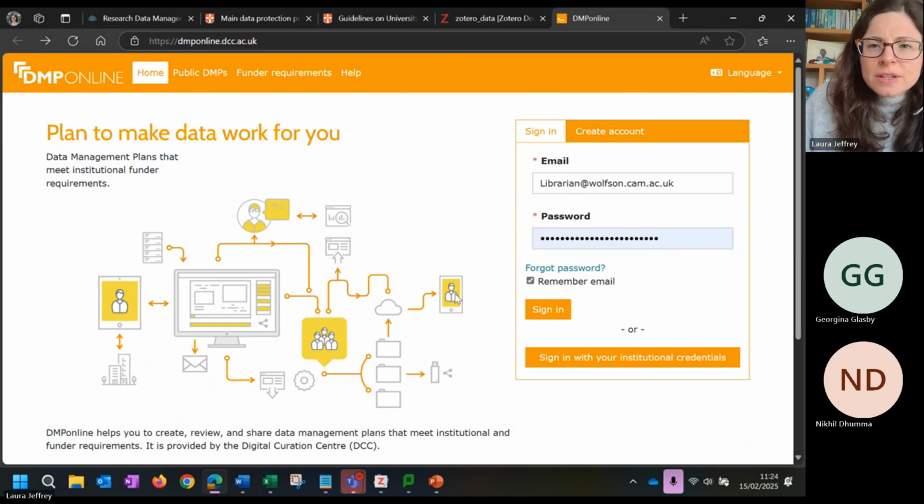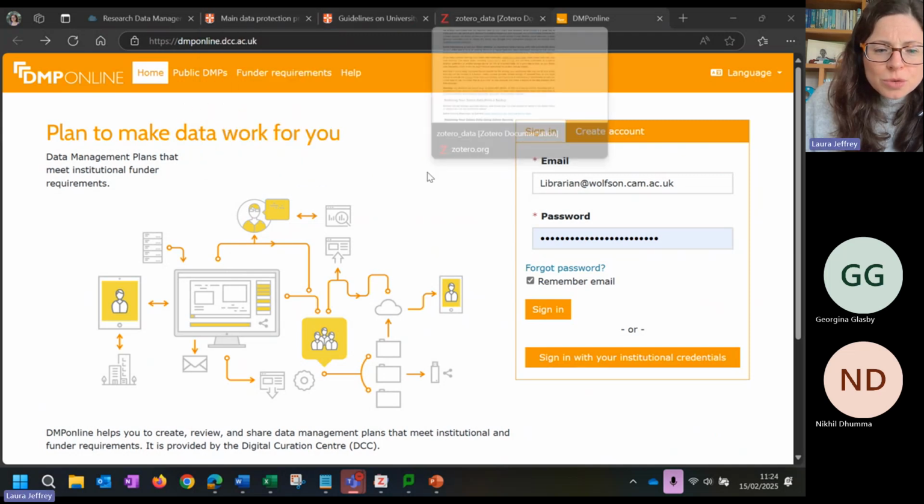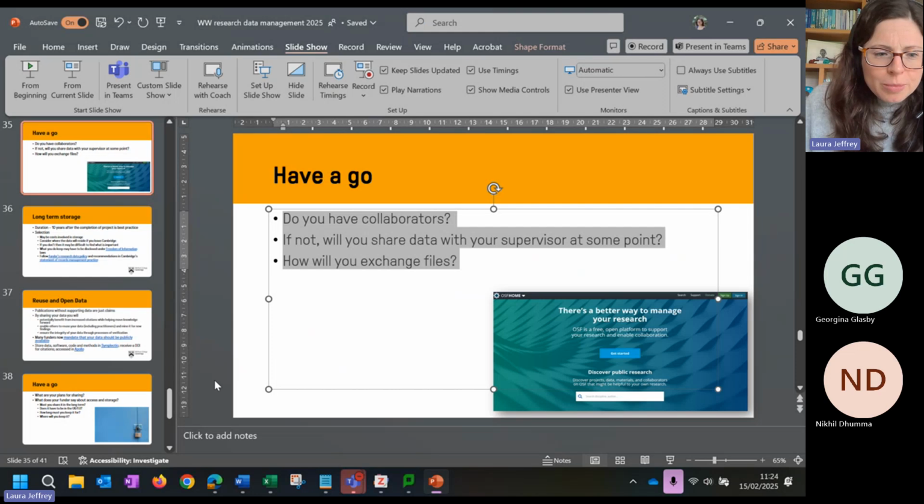Yeah. Where the drop down has obscured. Not sure what's happened to it there. If we go back to